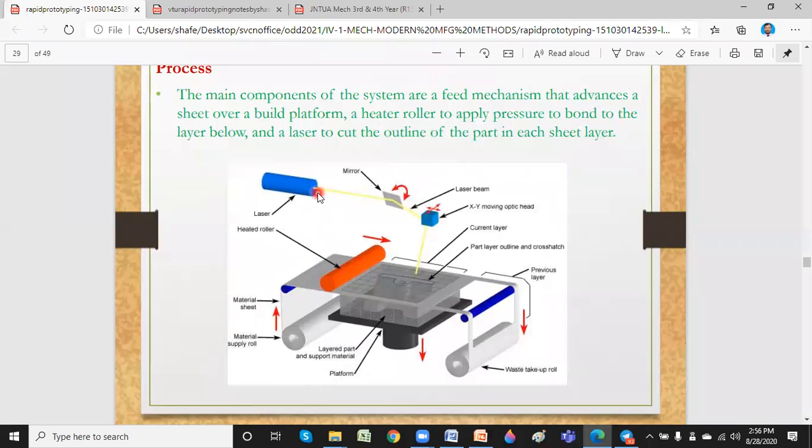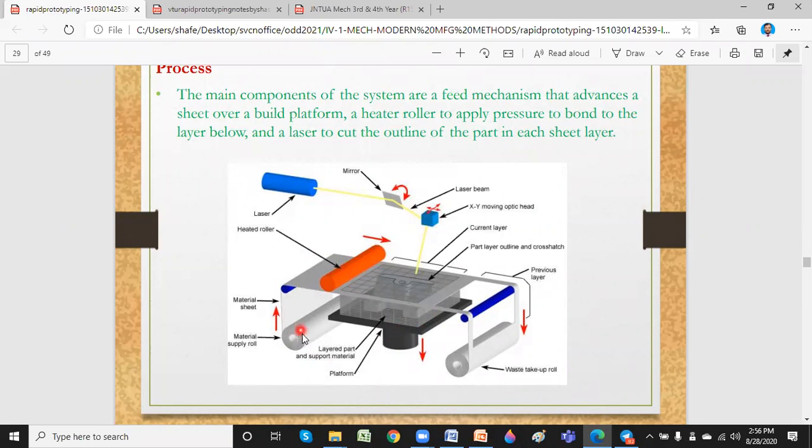This is a laser, this is the mirror, and this is the optical head. The laser beam is deflected by the mirror, and from the optical head it goes to the table with the layered part and supported material. This is basically your platform, which can move down. And this is the one actually supplying the material.